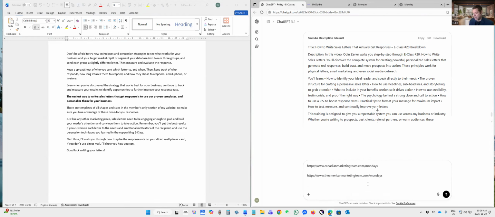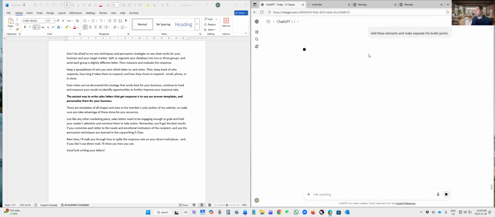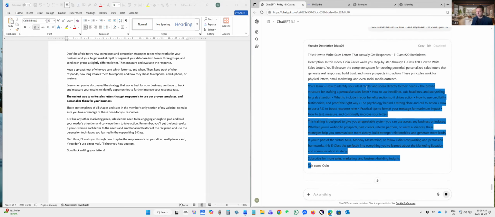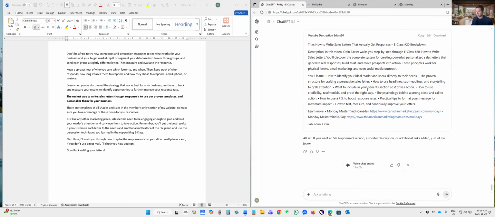And then I'm going to say add these elements and separate them into bullet points. Oh, there we go. So you can see how it's literally just editing the window right there.